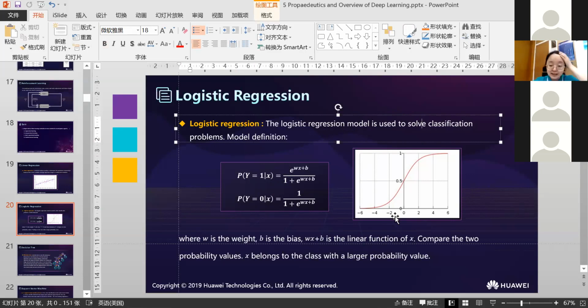So for example, here is the sigmoid function. The input will be x. The sigmoid function would map any input to the interval 0 to 1,